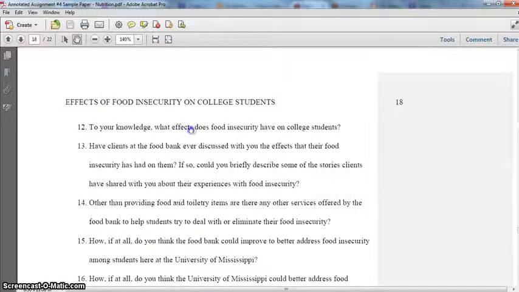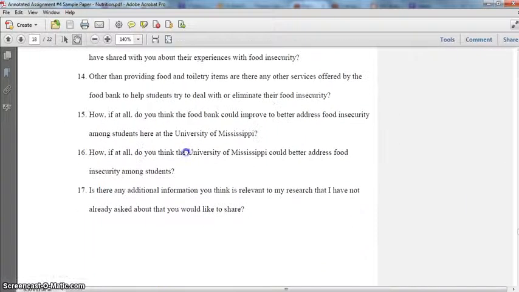Another thing you'll notice at the end of the interview scripts that I've provided is that I end with this question: is there anything else you think I should know that I haven't already asked you that you would like to share? A lot of times an interviewee will tell you, no, you've already asked me everything that I can think of. You did a great job in the interview, something like that.